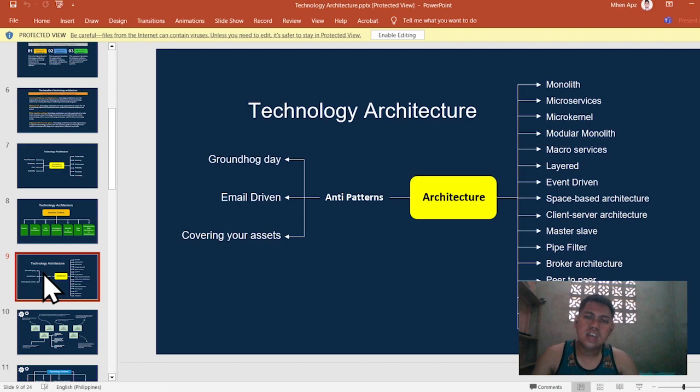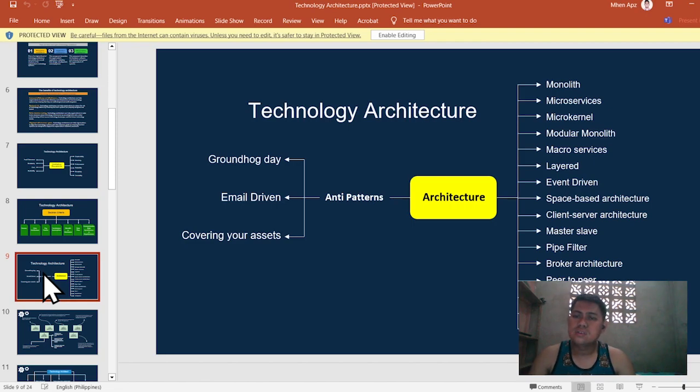Technology architecture has its own anti-patterns. We have the grounding bay, the email driven, and the covering user asset. These are the anti-patterns. So in the architecture, we have the monolith,